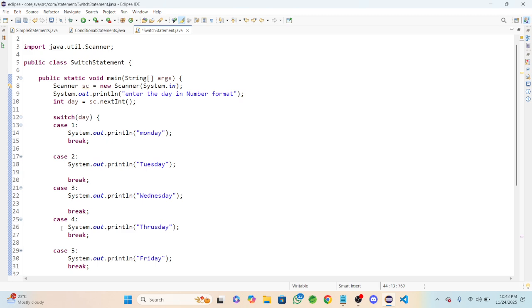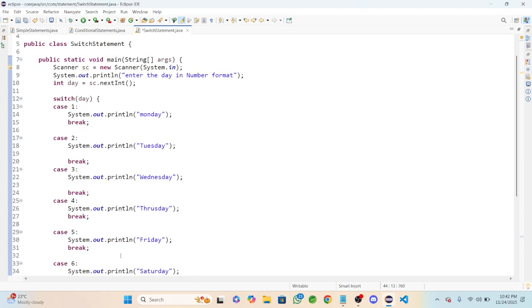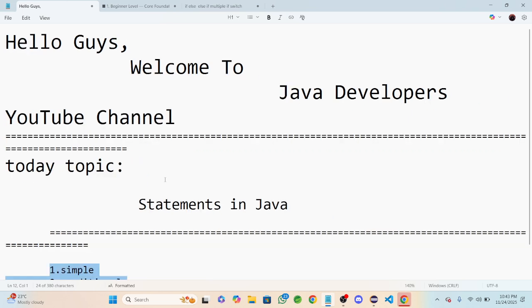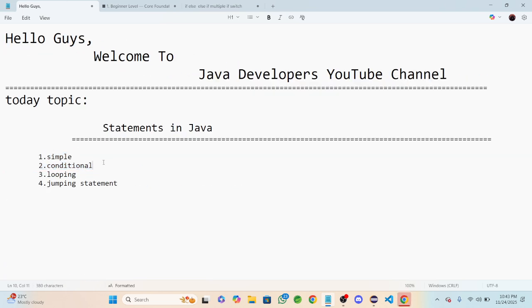Okay, yeah, that's all about the switch statement. And we have covered statements, that is simple statement and conditional statement. In conditional we have covered if, else if, nested if, and switch. Okay, these are the topics we covered,